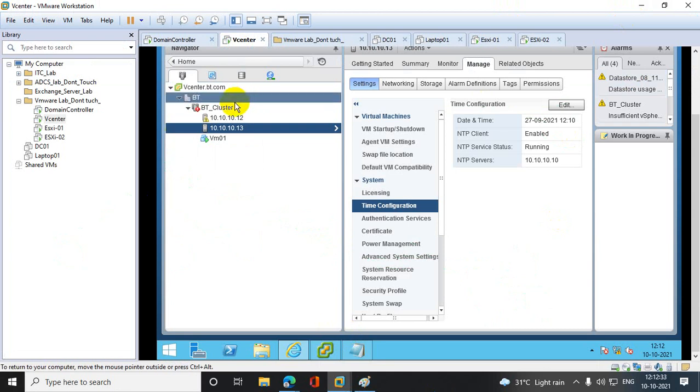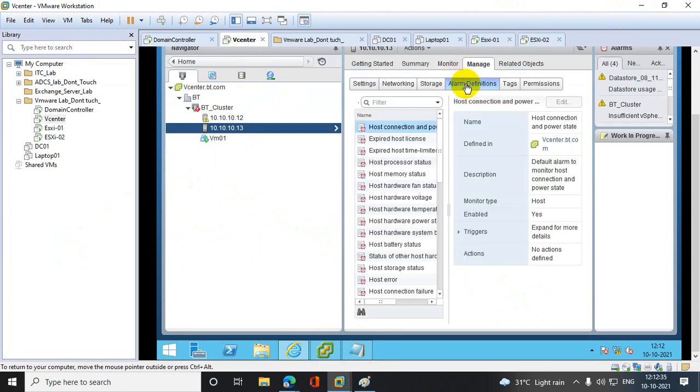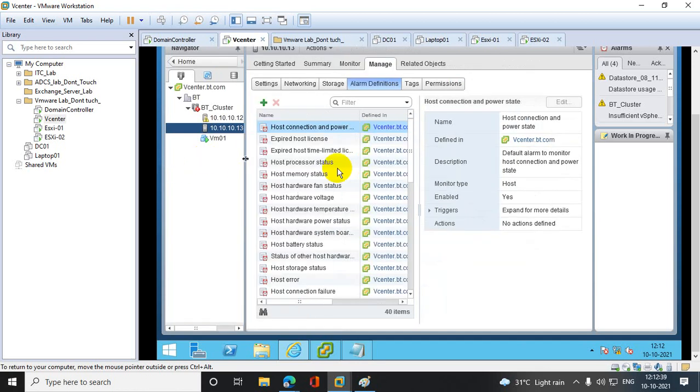Clear. Okay, so now next, it's very important. It's called alert management. You see that whenever CPU usage gets high, at 80%, you receive an alert. Sometimes when host mapping is not done, you receive an alert.